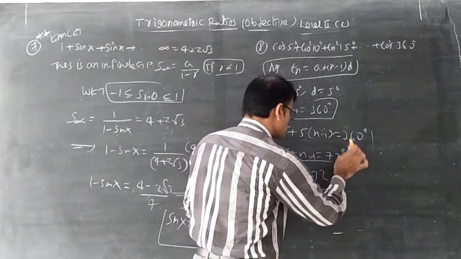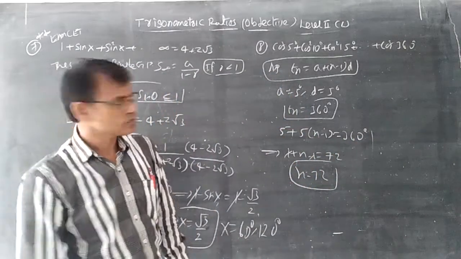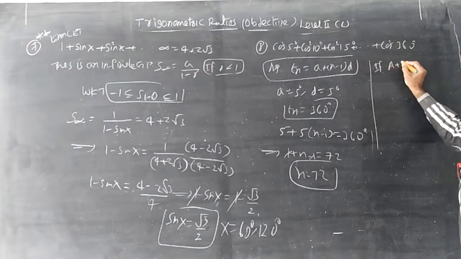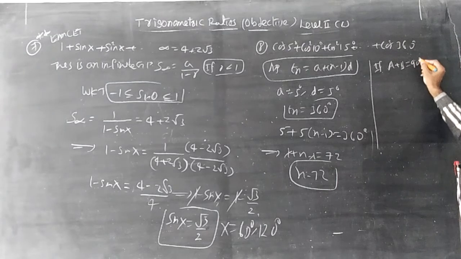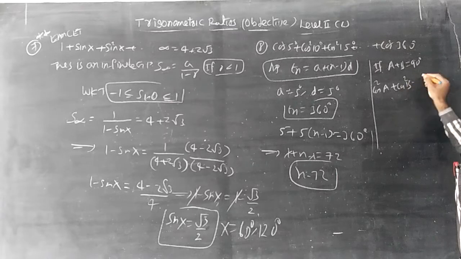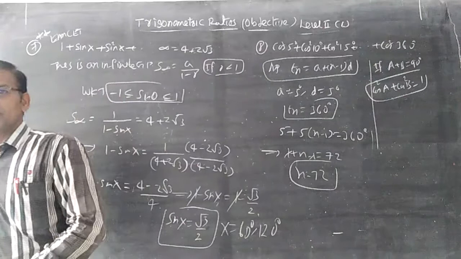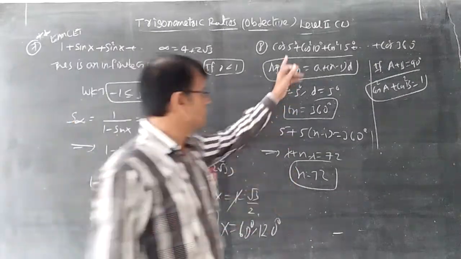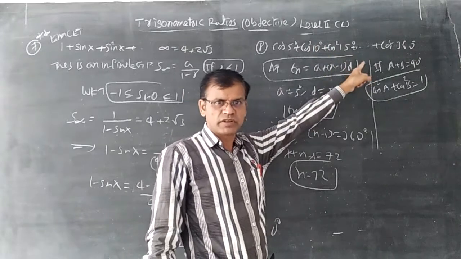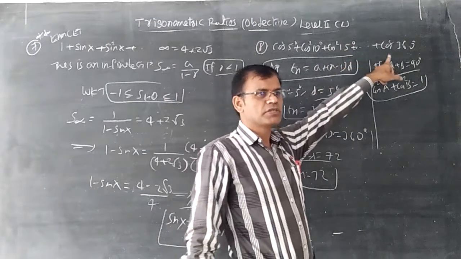These are not degrees, here they are terms. 72 terms are there. Now you can remember the formula: if a plus b is equal to 90, then cos square a plus cos square b is equal to 1. Today we have discussed the formula. So why are you thinking, sir, this 5 is there, maybe 85 exists. 85 exists in between. 10 is there, maybe 80 exists. Understood? 15 is there, maybe 75 exists.